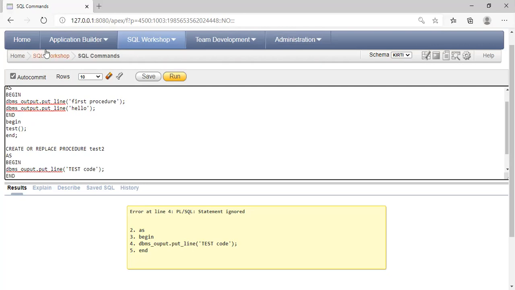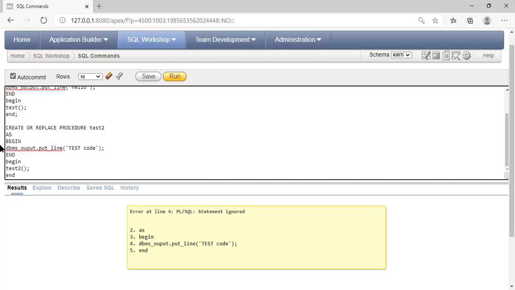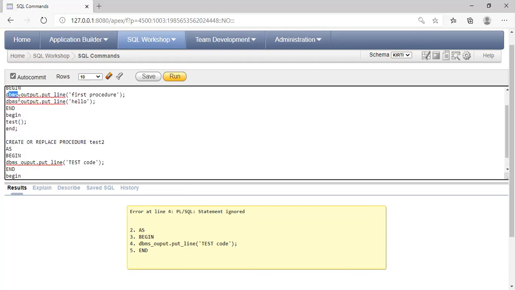First we will check whether the procedure is created or not. Now I will call the procedure.